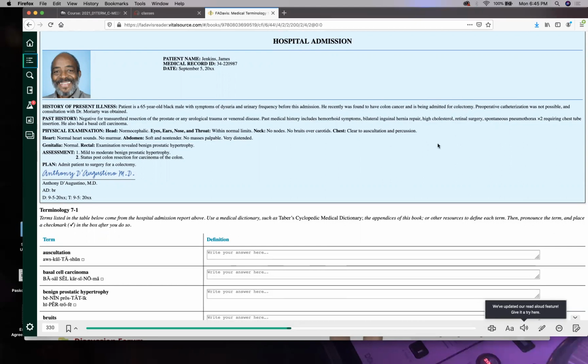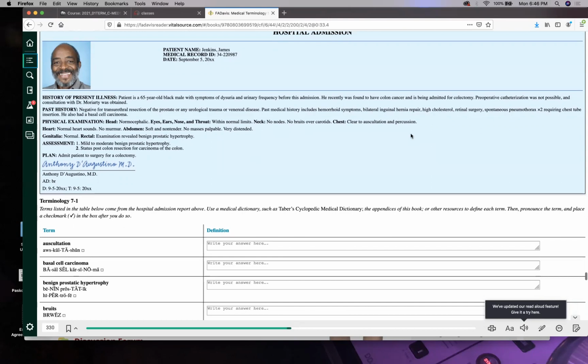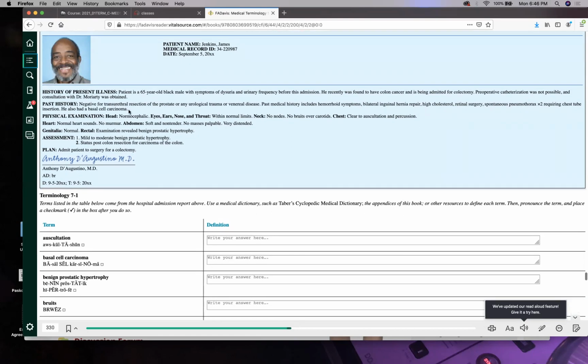So I could ask, A, remove his colon, B, cut into his colon, C, perform plasty or surgical repair in his colon. You could easily see how I can ask that question. What did we do before? It goes, when was the catheterization performed? And it's preoperative. Was it before, during, or after, right? But did we do it? Nope, not possible. Why? And he goes, we told Dr. Moriarty, but we'll see why.